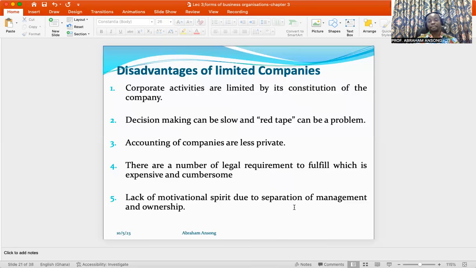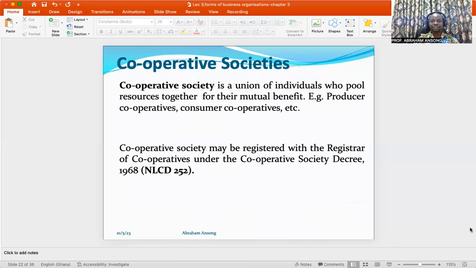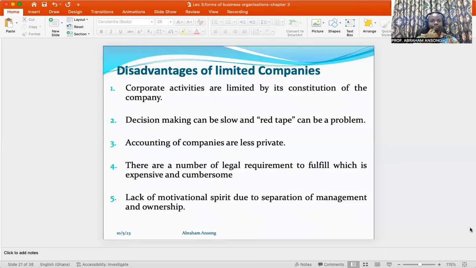This explains why, in the structure or governance of companies, you also need a board of directors besides the members or shareholders of the company. It's the board of directors that will somewhat put pressure on the management of the company to work hard in order to fulfill the interest of the shareholders. Otherwise, there is the tendency that some management of a company may not actually be working hard because they feel it is not their business. All right.